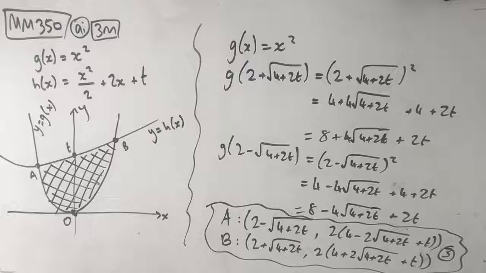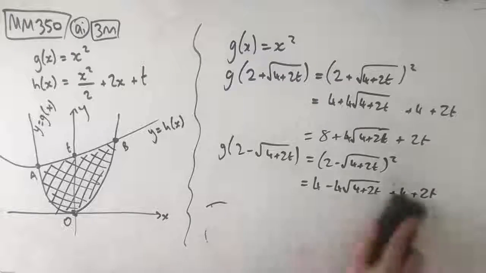So just this bit here is our third and final mark. Guys, that's it for part AI. Let's move on to part AII. Part AII is a 2-mark question,